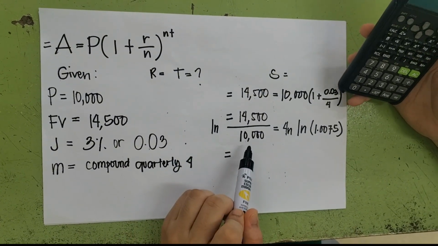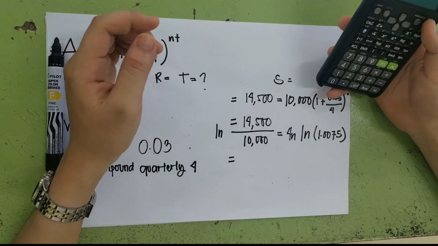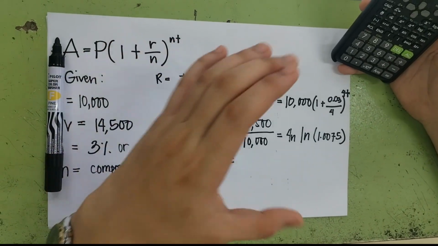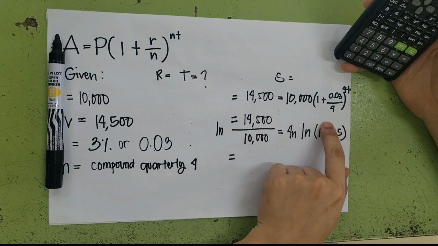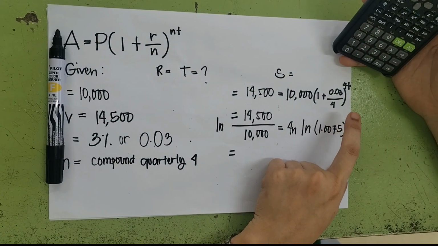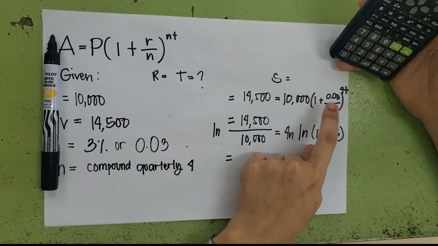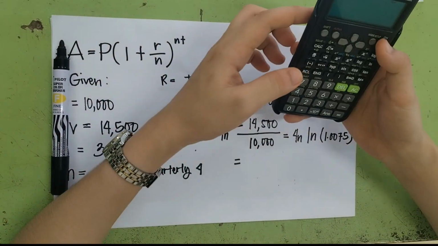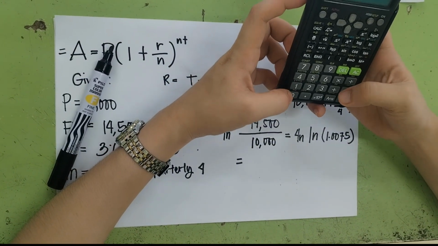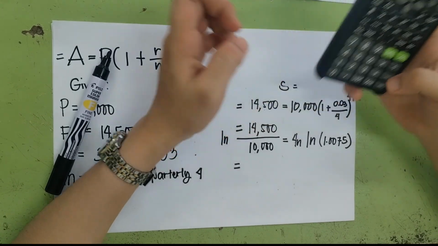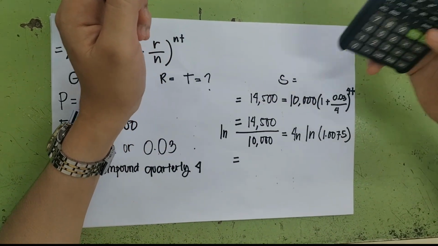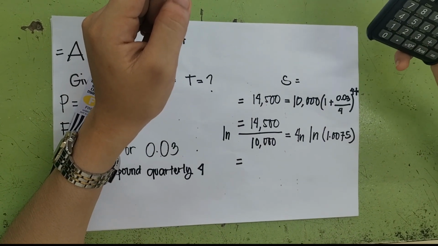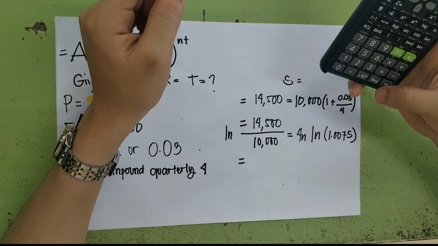And solving this, let us plug it into our scientific calculator, but don't forget to solve first the amount inside the parentheses because in PEMDAS, the parentheses should be treated first. And you end up with the answer of 1.0075. After that, you will divide 14,500 by 10,000. The answer is 1.45. Next, press the ln and the answer. Close parentheses. Then you will have the answer of